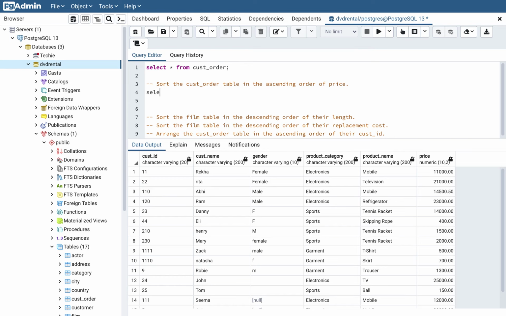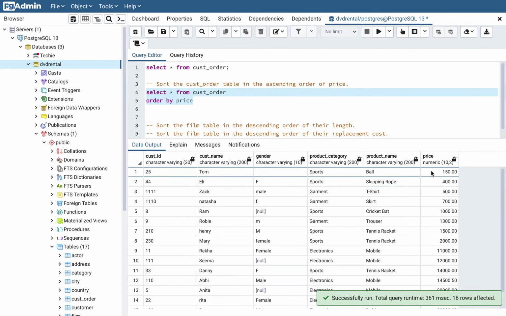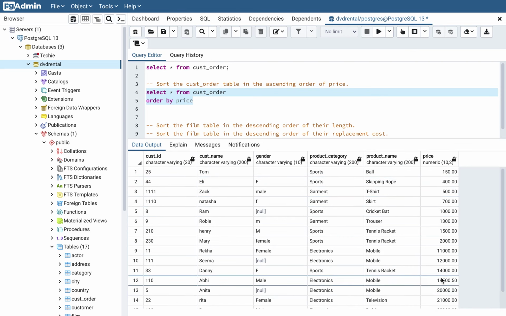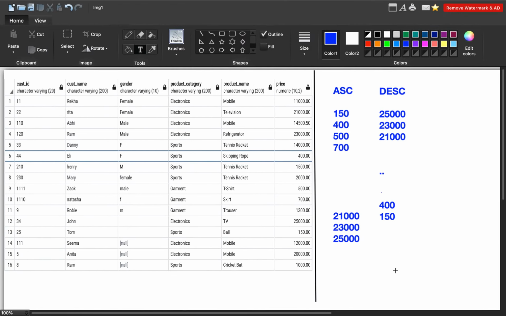Select star from customer order, and then we can give the order by clause, and we will specify the column, let's say price, right? Now if I execute this, you will notice the data is being sorted in the ascending order. So we get 150, 400, 500, 700, and at the end you see it is 21,000, 23,000, 25,000,